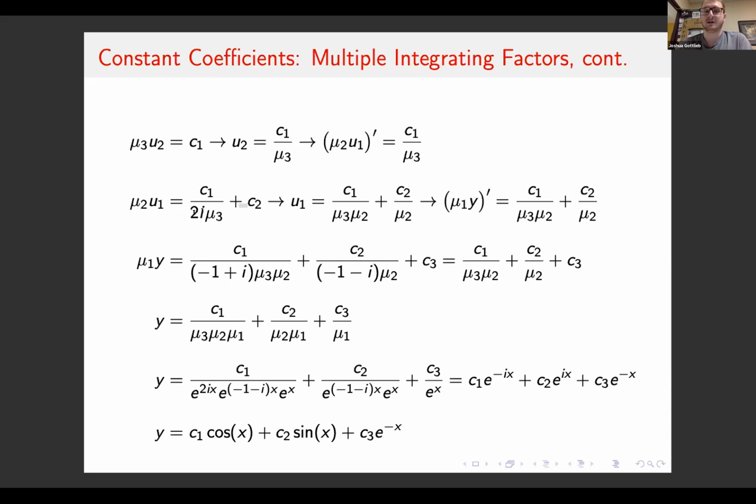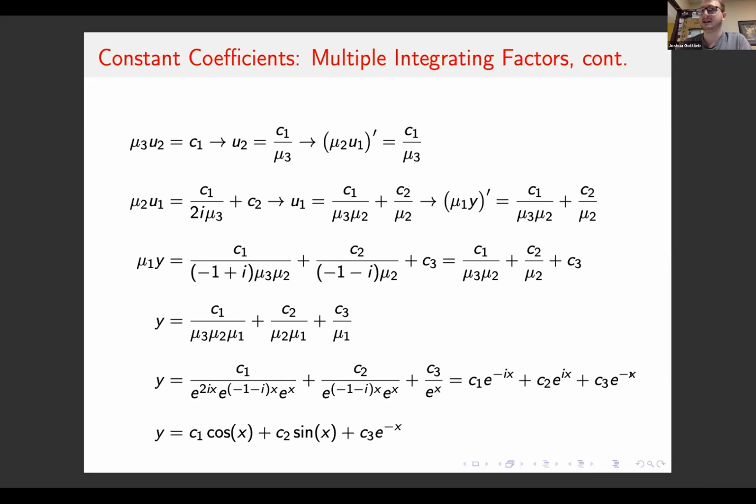But because our constants of integration, c1, c2, and c3, are arbitrary constants, we can allow any constants that come from the integration process to get absorbed into the arbitrary constants so that we don't have to worry about rewriting them. When it's all said and done, we get y equals c1 over the product of all of the integrating factors, plus c2 over the product of the first two integrating factors, plus c3 over the first integrating factor. Rewriting using our definitions, we get e raised to a bunch of powers, and we combine all the powers using rules of exponents to get c1 e to the negative ix plus c2 e to the ix plus c3 e